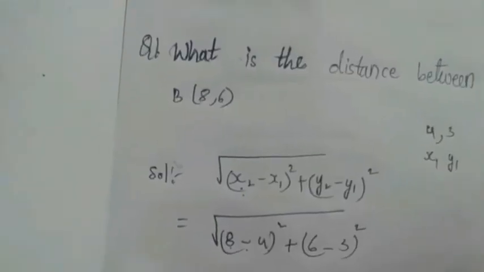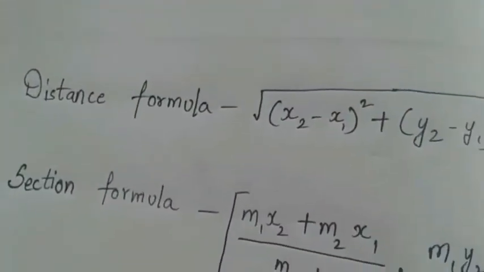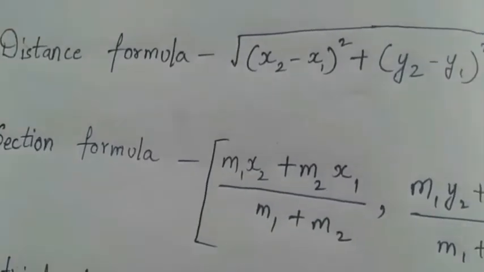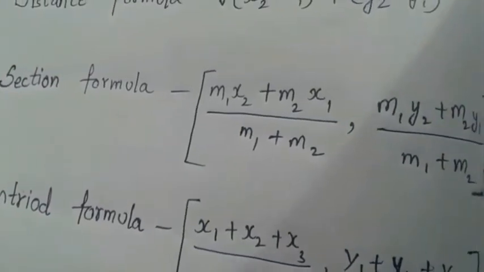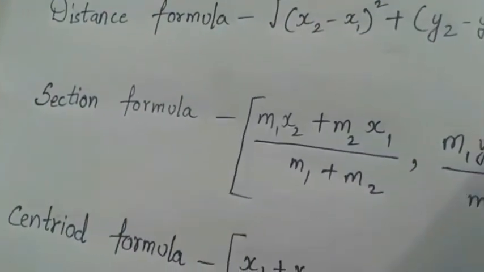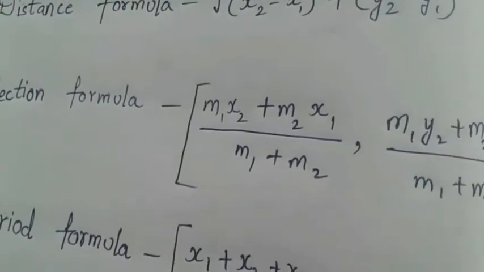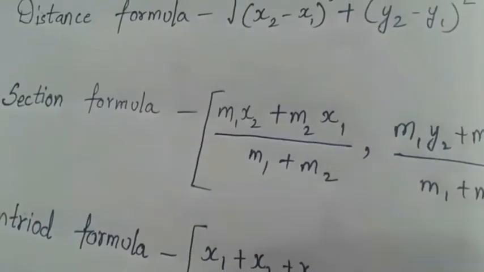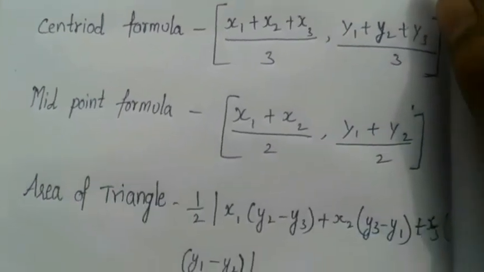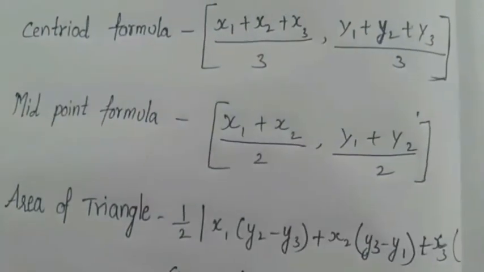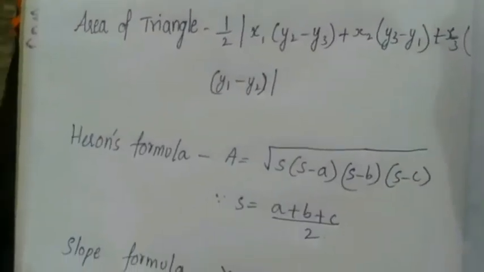So in the same way, all these formulas which I have shown you, we should use them. The distance formula, and this section formula, we just have to substitute these values, that's all. In this section formula we are going to have ratios like 3:4. So when we say 3:4, the 3, the first one, is m1, and then we get m2 is 4, like that. Then this centroid formula will be there. Then we have the midpoint formula. So there we just have to substitute the values like we have done in the first one, the distance formula, that's all. All of them are easy.